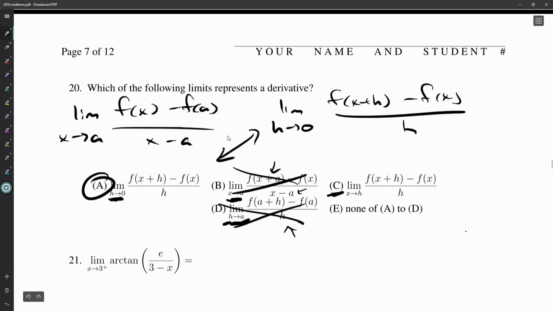Just quickly, why doesn't c work? It's still got the f of x plus h and the f of x and the dividing by h, but it's not h tending to 0. So it doesn't quite fit the mold. And there we go. So a is going to be our answer for question 20,